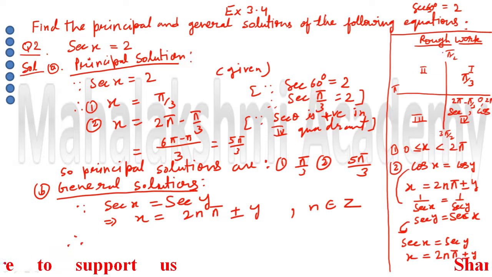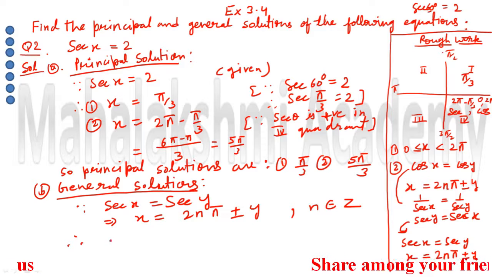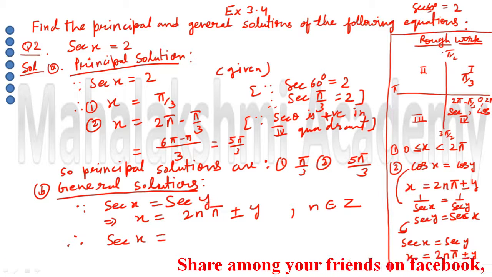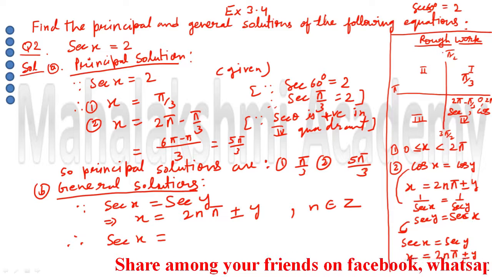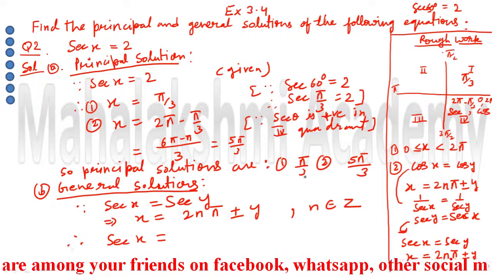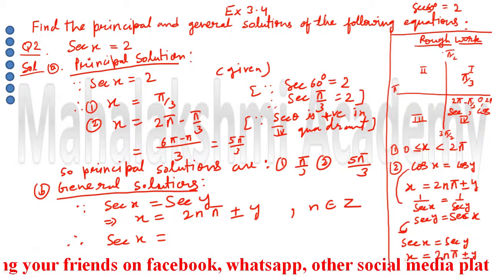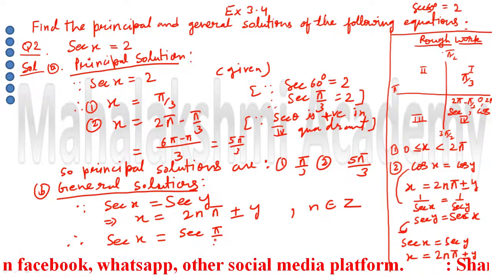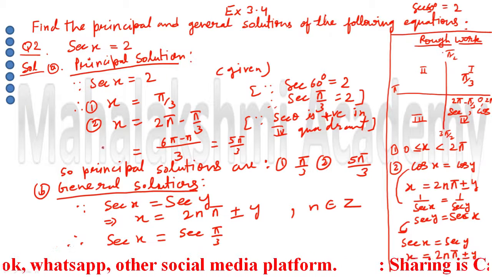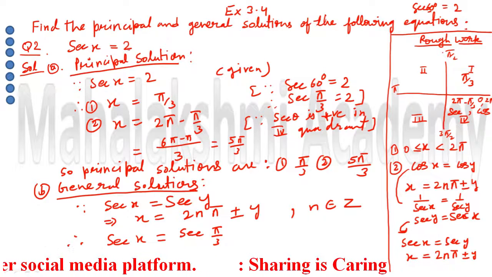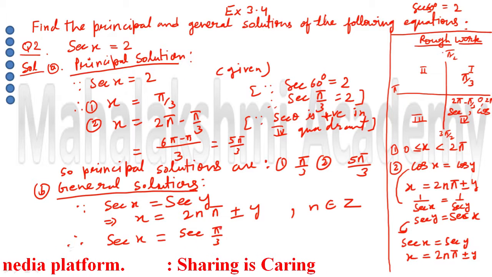So we'll write our given question here, sec x. We'll write again the question, sec x is equal to, now y. Y you have to select from these two angles. Now from these two angles, whichever is smallest, you have to write down. So smallest angle is pi upon 3. So here you are going to write down sec pi upon 3. Again I am repeating. Here you have to write down, students, the question sec x, and instead of 2 you are going to write sec pi upon 3.